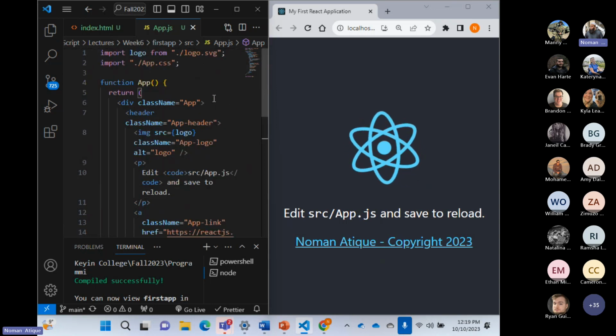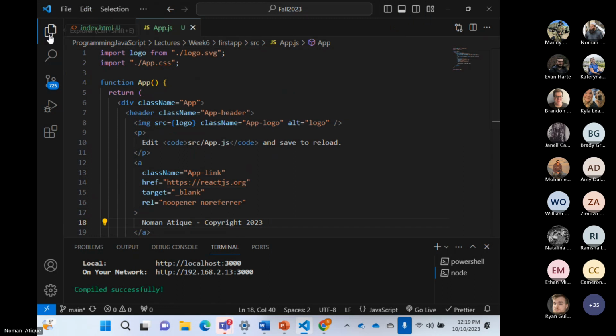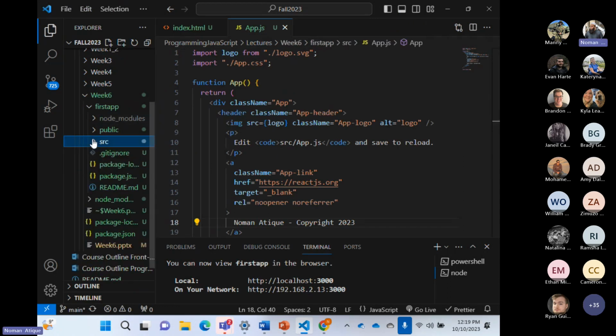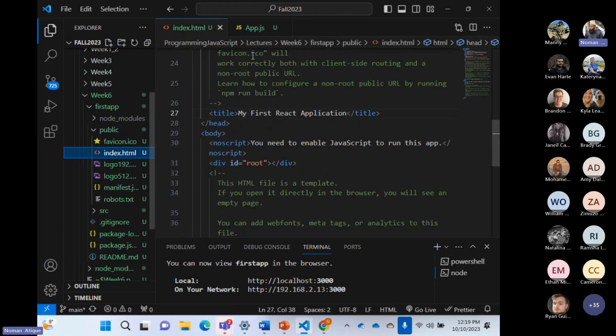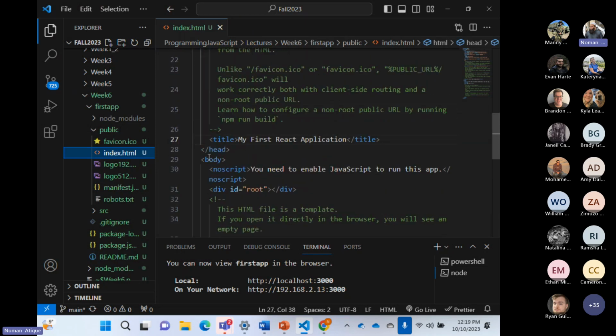Just to make you understand, to begin with, in our React application, the most important page that runs is in public, which is called index.html. I'll close this app.js. What is index.html? This is the main HTML page that is running. Now, this HTML page has nothing but a noscript tag. I hope you understood why the noscript tag is used. It is used when some browser trying to run my page does not support JavaScript, so noscript runs. Right now, just understand that it's there for some purpose.